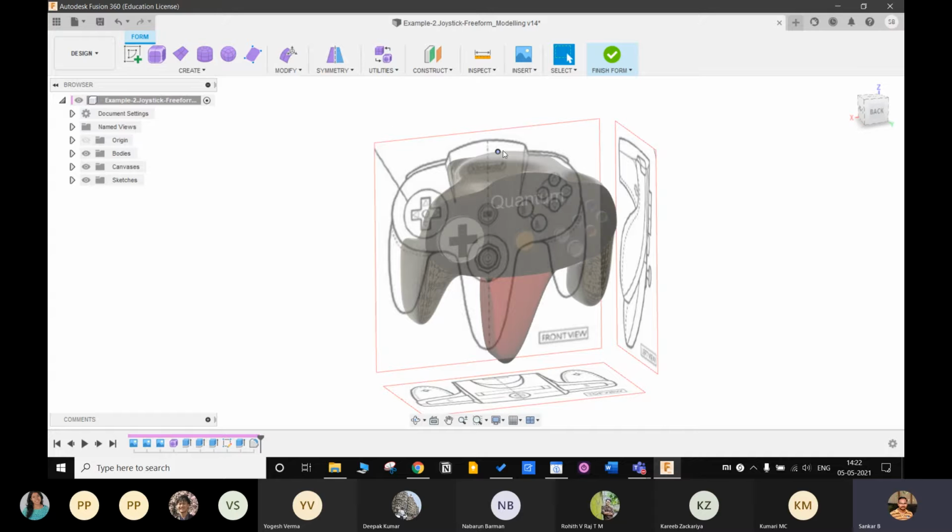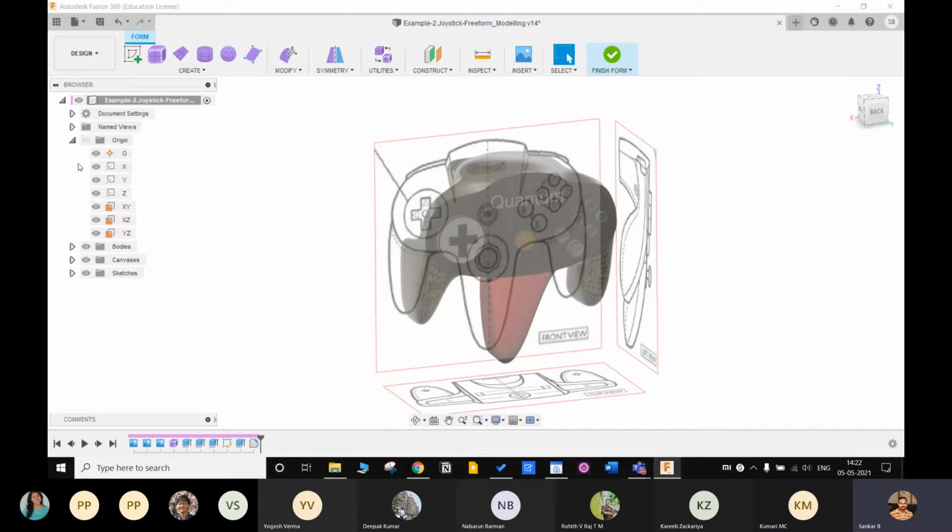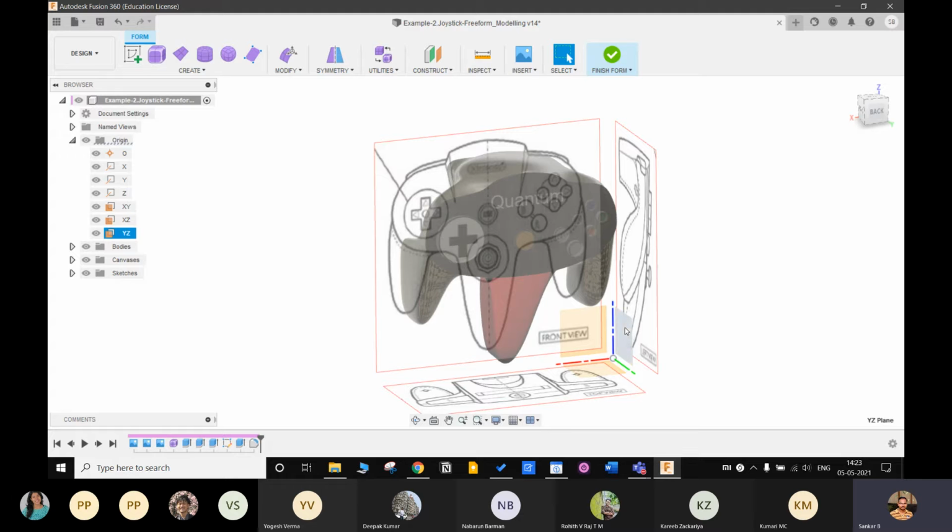Then using the symmetry option, as you can see, the entire joystick is symmetric about this vertical plane at the center. I created a symmetry about that, and based on the need, I used the subdivide option whenever necessary to create the extra splines that are needed.